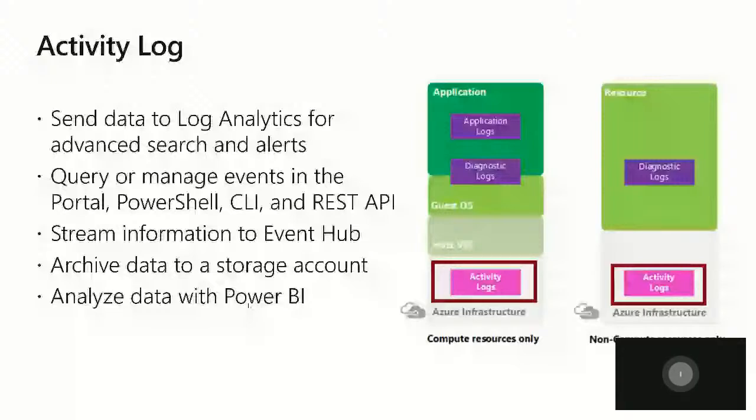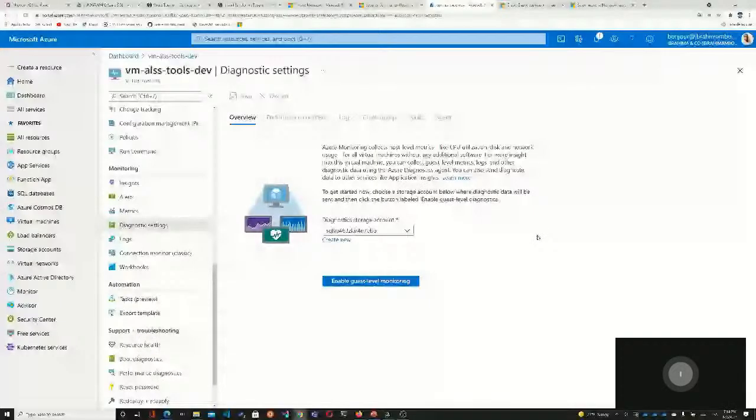In the diagnostic settings, this is where you will take the log and send it to other services like Log Analytics, etc. There is a particular thing in Azure virtual machines because the virtual machines have two types of diagnostic settings and insight. You have the insight that you can enable for